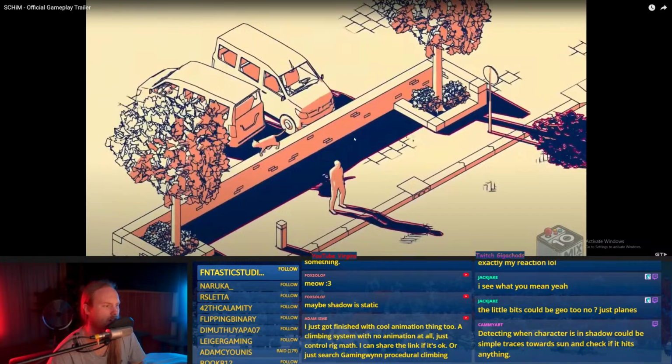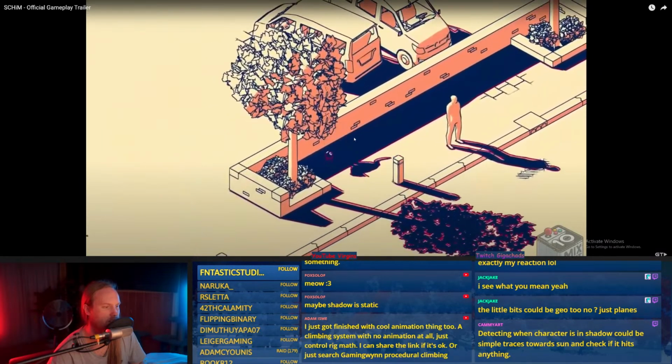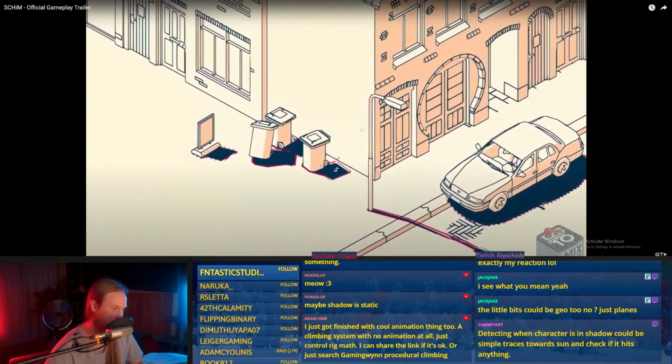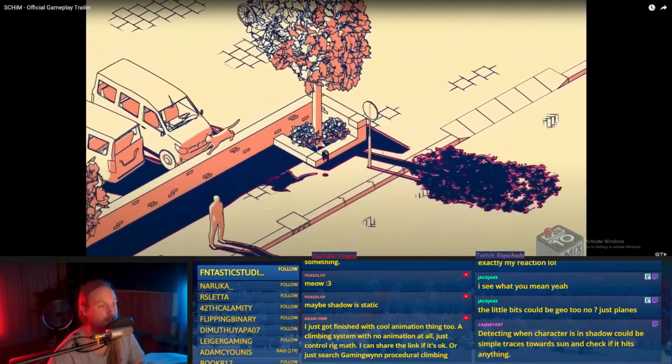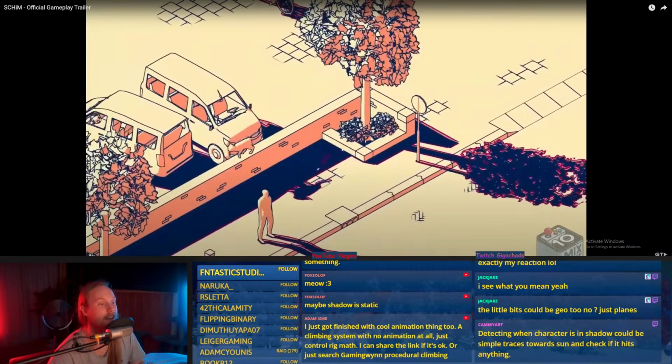Oh, wait, no, I do know how. Okay, so everything is stenciled. You can see that these aren't receiving shadows, right? They're actually explicitly stenciled, and then the shadows get masked out. So this should be casting shadows onto this piece of geometry.